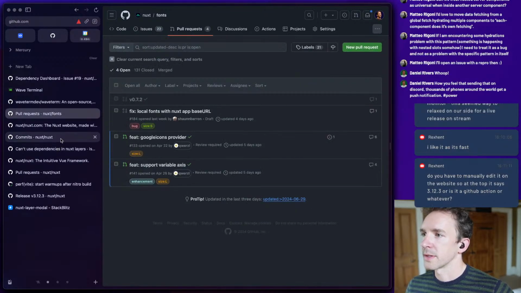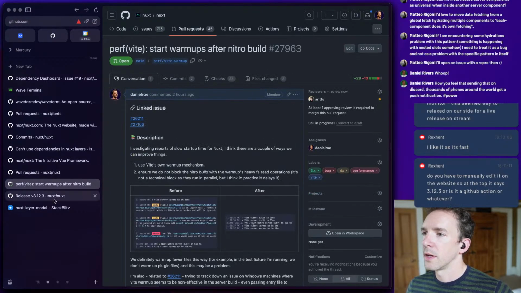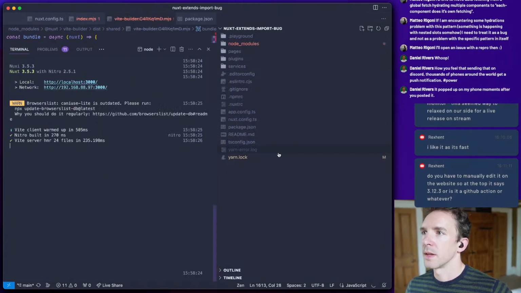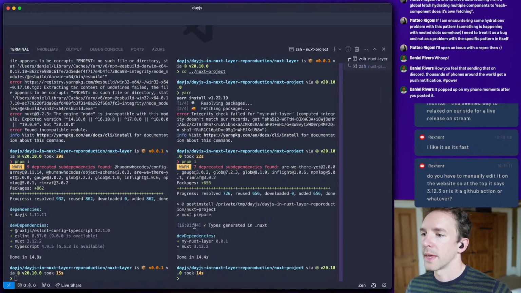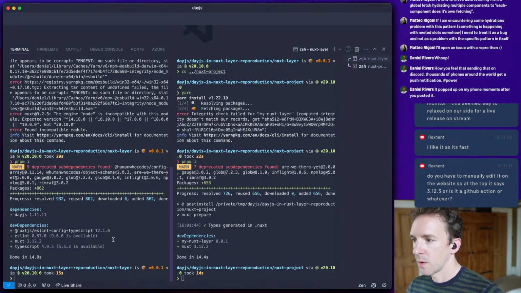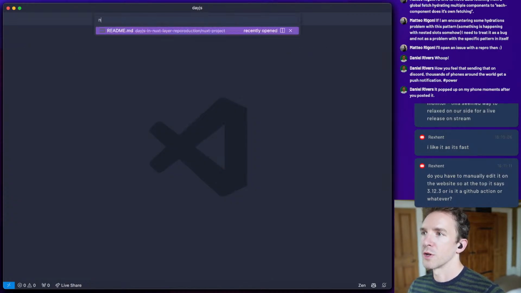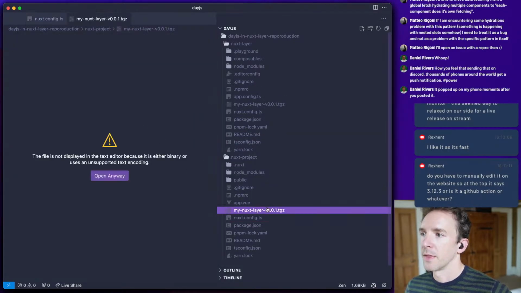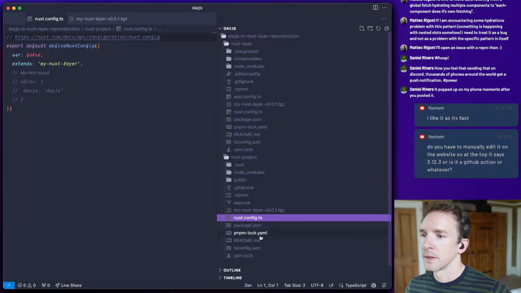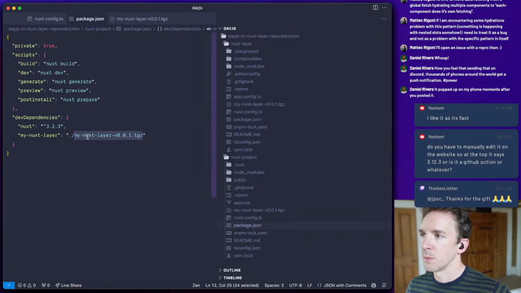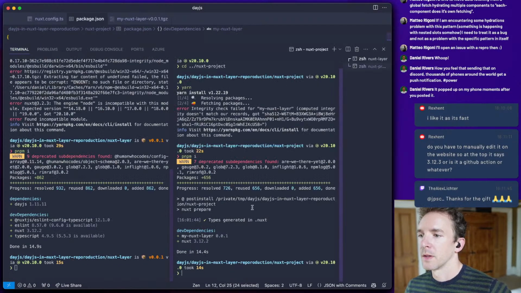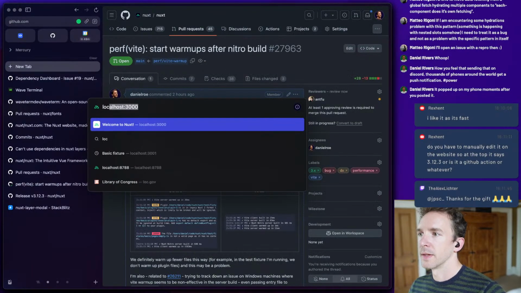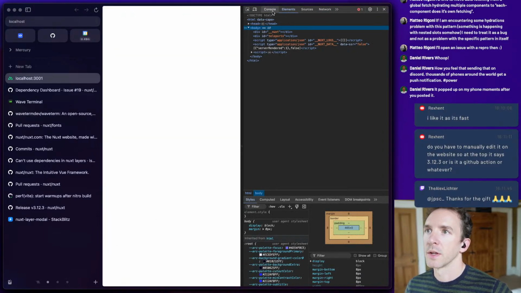Right, what are we doing next? We are continuing this work on our performance PR, which is in here. But yeah, I needed to confirm these. Right, so how was I doing it? I have my layer, I have my project, and the project extends the layer, and the layer is the tarball. Okay, fine. So let's run the dev server. And what I'm expecting to see is this warning that we talked about appear.